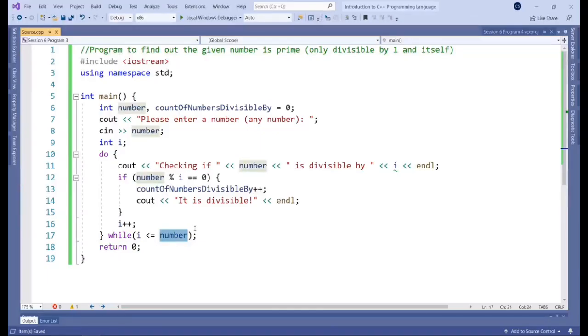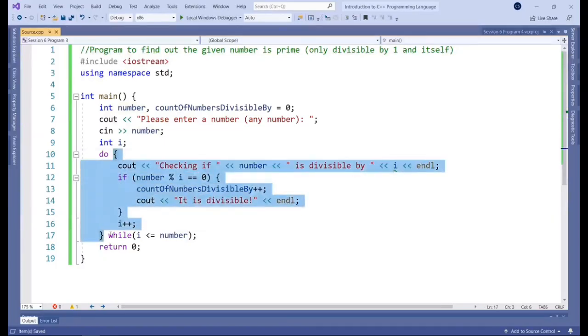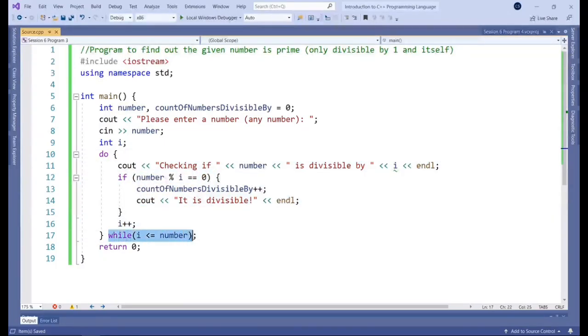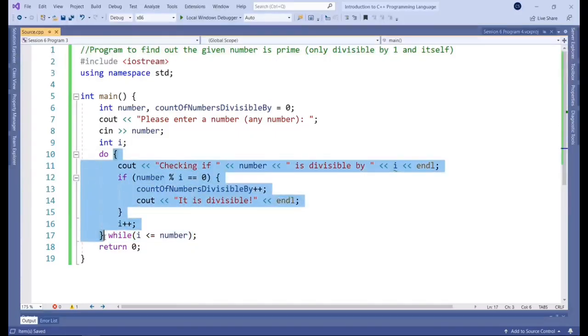So that will be a situation where this code will run once, and because you evaluate the condition afterwards, the condition will actually be false at this stage, and you don't actually end up with a loop, technically, if you think about it, because it will run this code once and then stop. It will not continue looping forward.